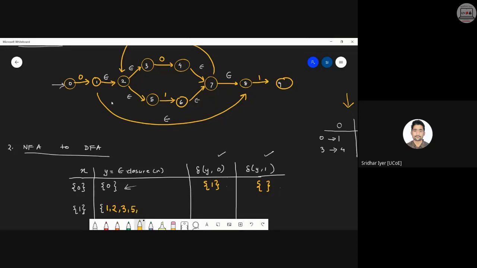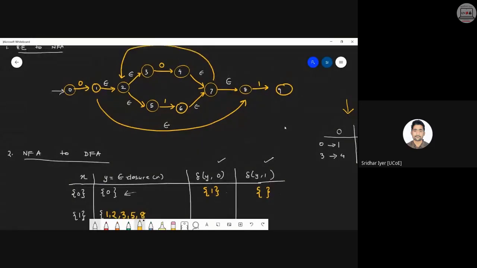Yes, because from 1 we can see that there is a transition from 1 to 8, if I'm not wrong. So I need to write that also, right? So these are the transitions which are possible. Kindly have a look. Will anything else come? Kindly let me know. From 1 to 2 it is possible, right?